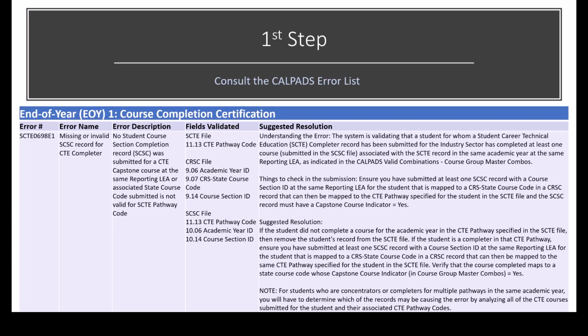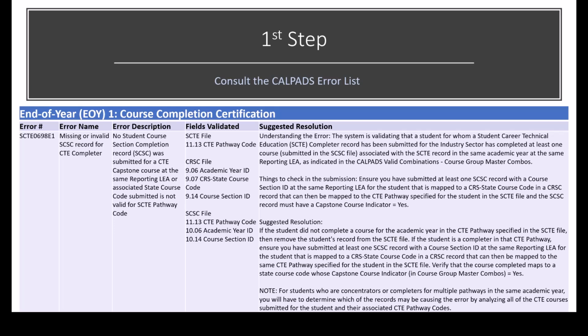So here we have a screenshot of the error list, and from left to right we have the error number, error name, error description, fields validated, and suggested resolution. So in CALPADS you have the error number and the error name. A common mistake is to try to troubleshoot the error with just this information. And that's why we consult the error list, because then we have access to the error description, the fields validated,